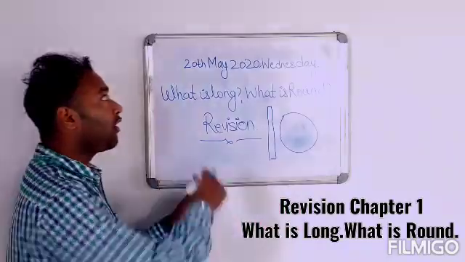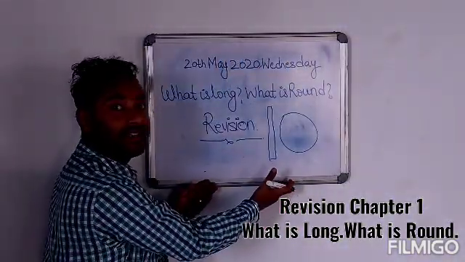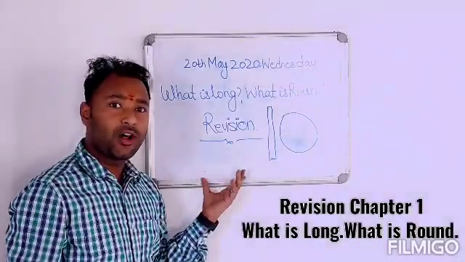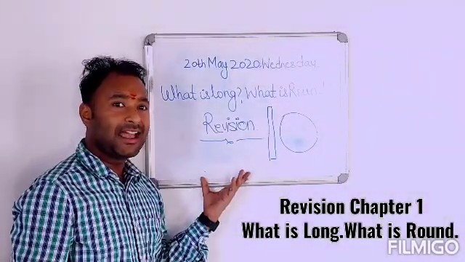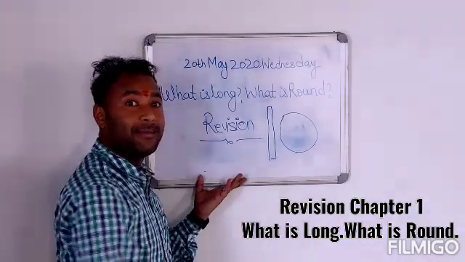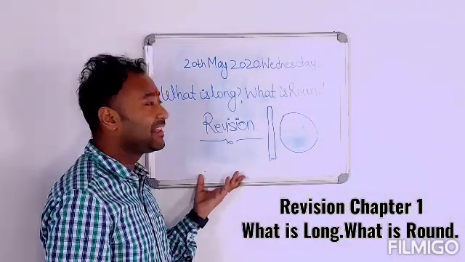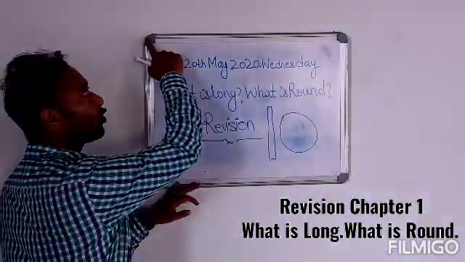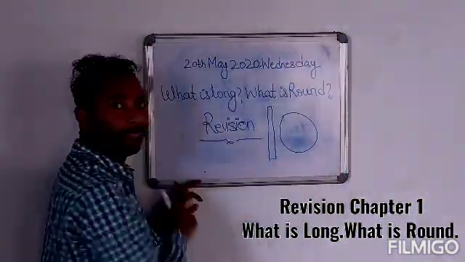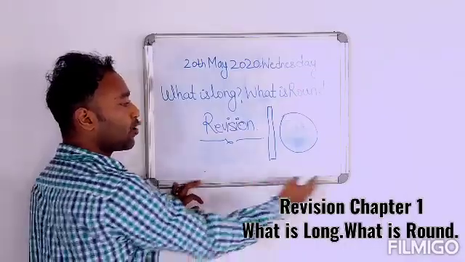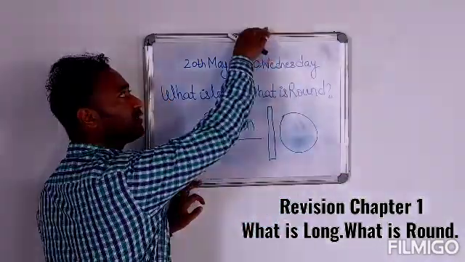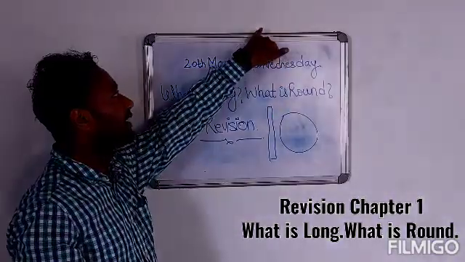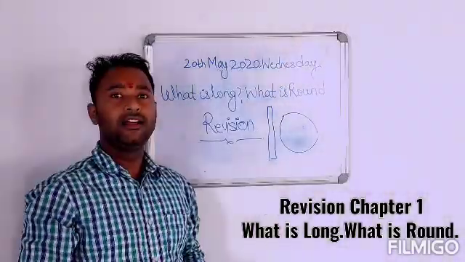So if I say that this is a board, can you please tell me whether this is a flat surface or a curved surface? Yes, this surface is plain horizontal. So I will say that this is a flat surface. But if I look at the corners of the board, can you see there is a curved point there? Yes, so now you can say that this is a curved surface.